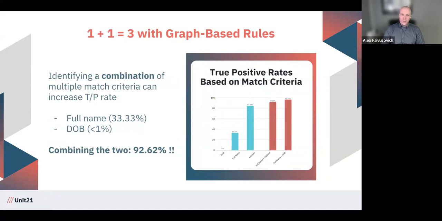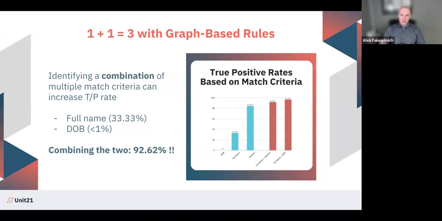Now, recently, what we did is we took a deep dive into the data that we see from how our customers use graph-based rules. And we tried to understand what are the commonalities they're looking for, what are the best match criteria, and what are the definitions of a fraud ring, the way our customers look at fraud rings. And there's a very nice example that we came across that you can see on the screen right now, where